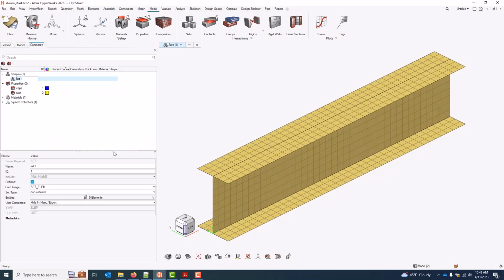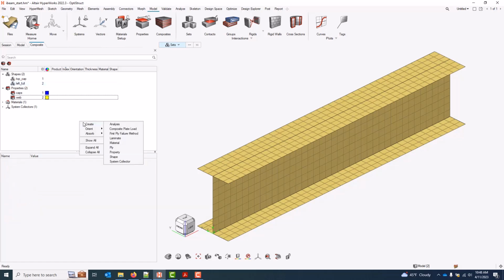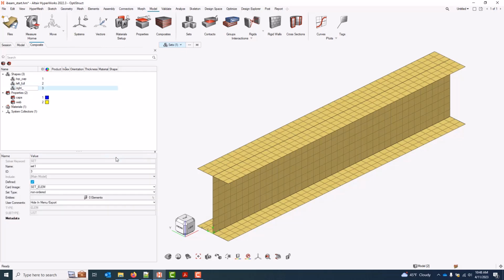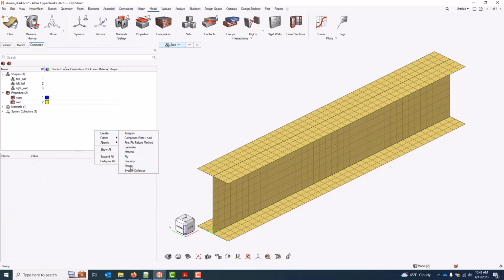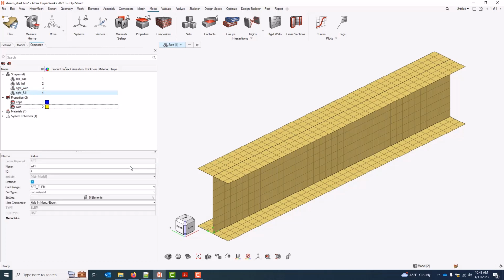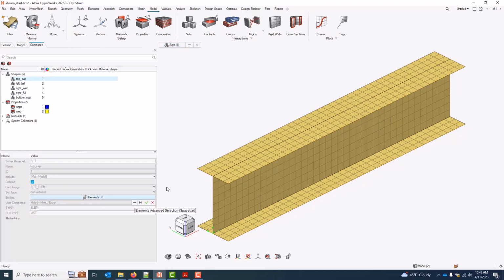In HyperMesh, I'll go ahead and begin creating these. I'll just create them first, give them names to keep the bookkeeping easy. And then I'll come in and make my element selections. For this example, it's convenient just to hold Alt for a face selection. Grab my top cap elements,